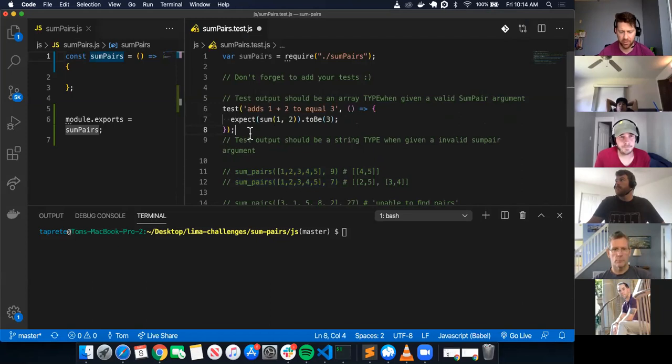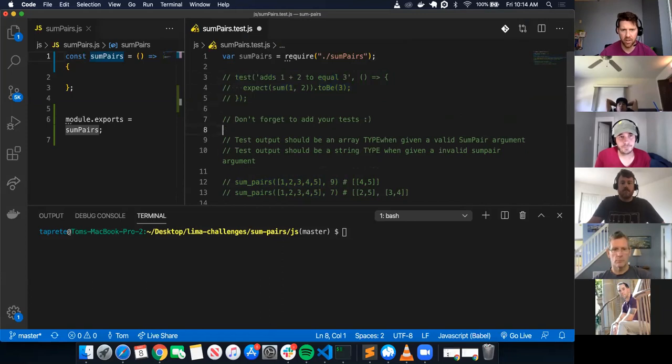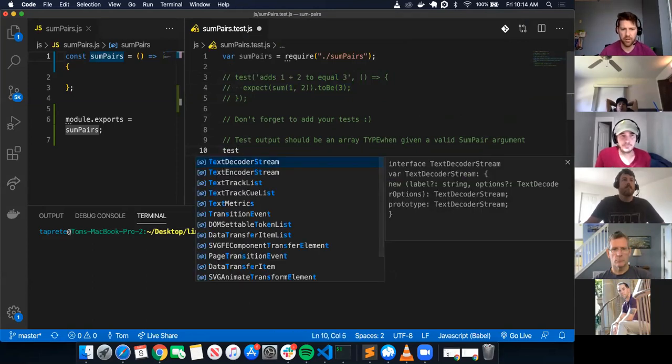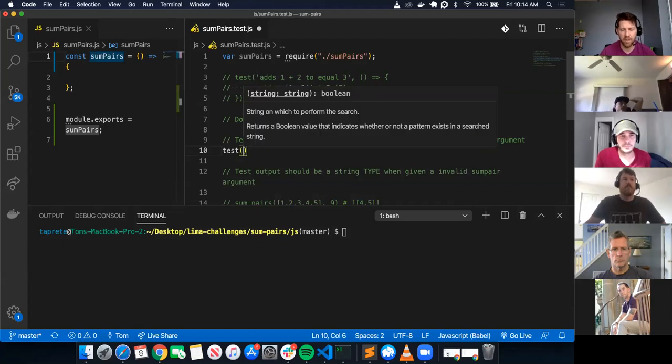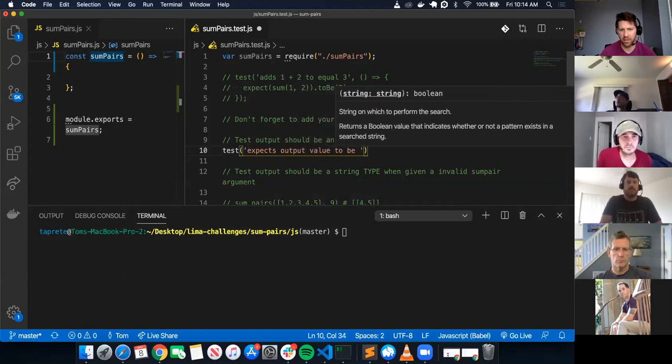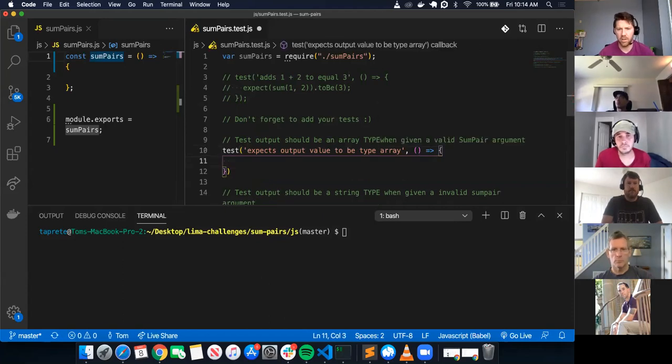So I'm going to copy that in there just for reference. I'm going to actually move that to the top, comment that out, and then start writing my tests. So test, not test decoder stream, test takes in a string, expects output value to be type, is it array? Then takes an anonymous function. And then, so expect